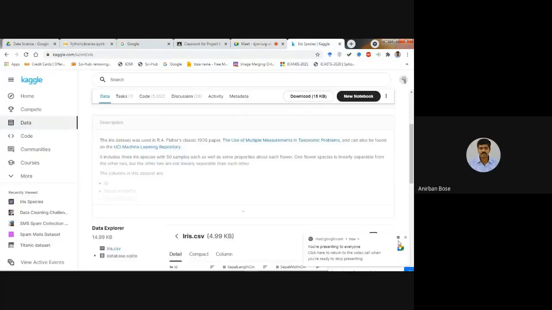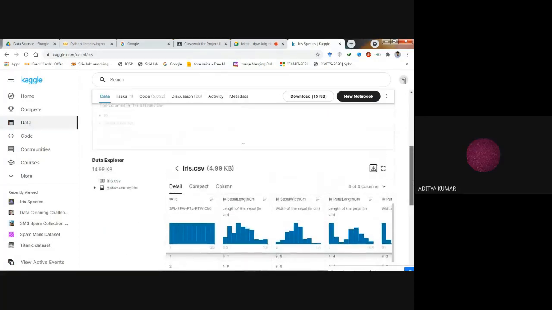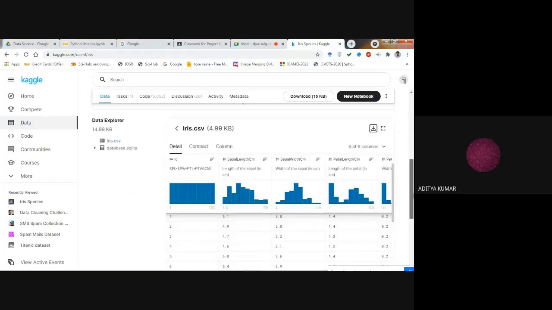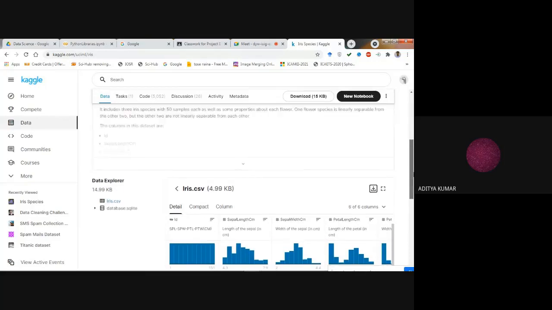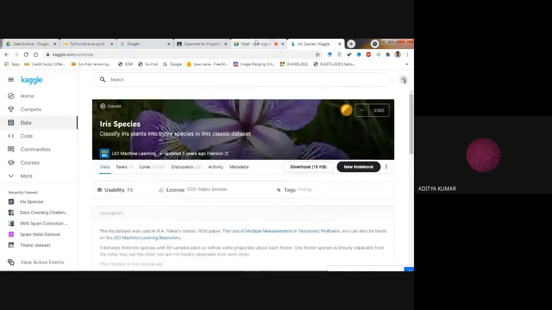Okay, so I hope everyone downloaded this file. Now listen carefully. After downloading the file, you just upload this particular file in your CSV folder that you have created within data science in your My Drive.